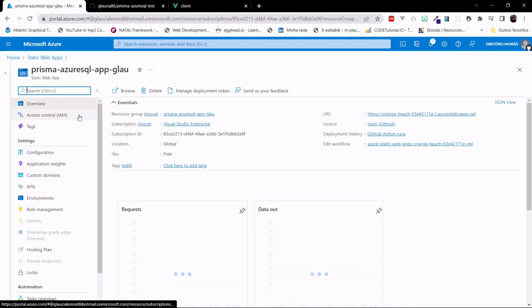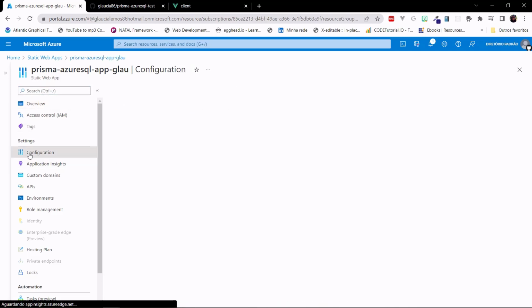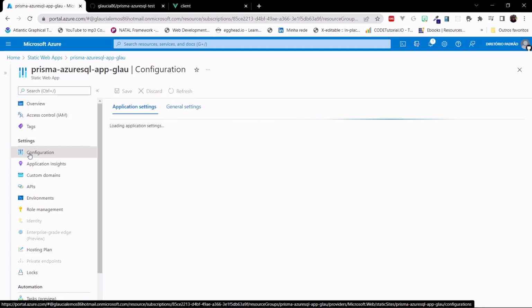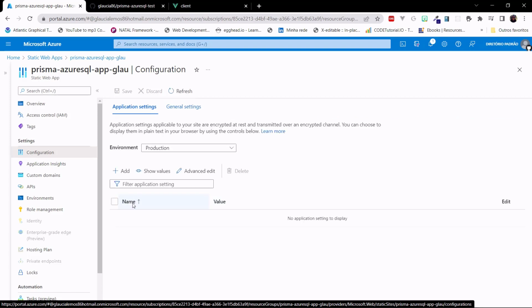Here in the configuration, it is very important to include the database URL. So in this case, let's click this button, plus add.